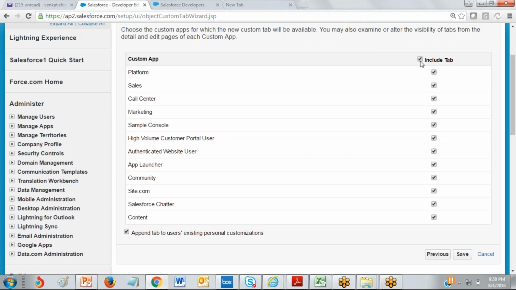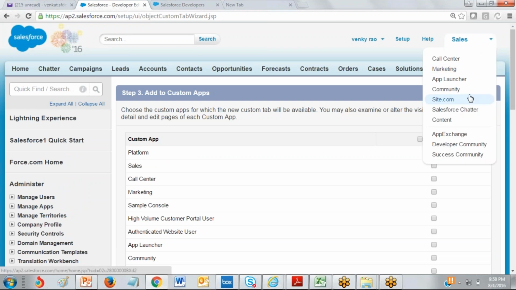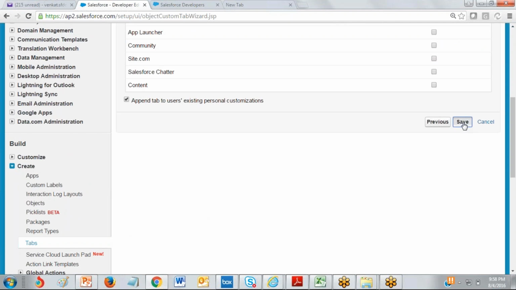I will just uncheck include tab. Okay, click on save, because we are going to create our own cloud. From that cloud I want to access this particular object through tabs. Save it.